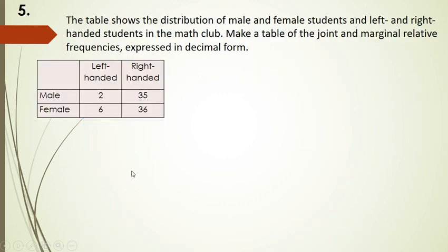Okay, number 5. I'm going to show you 2 ways to do this problem. The table shows the distribution of male and female students and left and right-handed students in the math club. Make a table of the joint and marginal relative frequencies expressed in decimal form. We're going to do that second, but first I'm going to show you the easy way to do this problem,